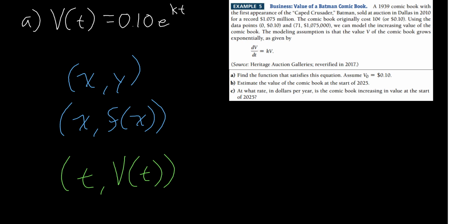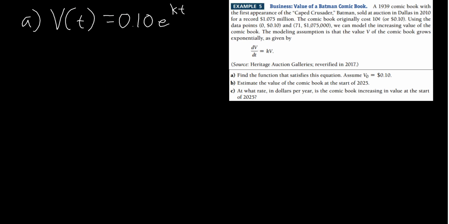So what we have to do is we are given t's. The t is basically the first part in these data points, 0 and 71, and v of t is the second part, 10 cents and 1.075 million. So I'm going to choose one of those two to plug into this original equation to find out what k is. Well, the option should be abundantly clear to you, because if you have the option to use 0 in any equation, you use it, because 0 makes things so much easier. So we're going to say